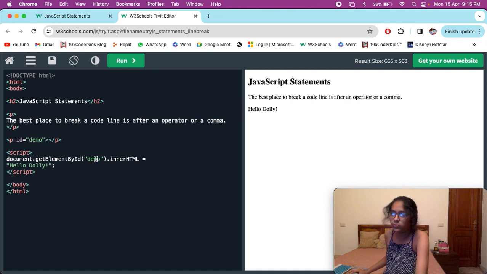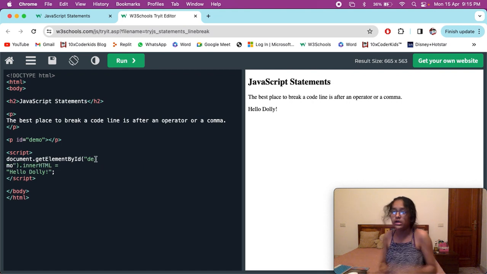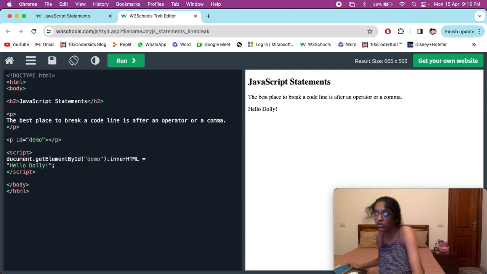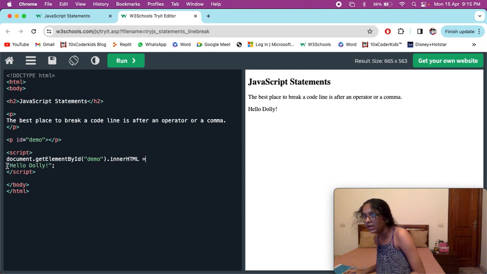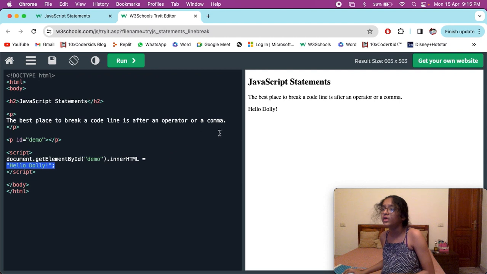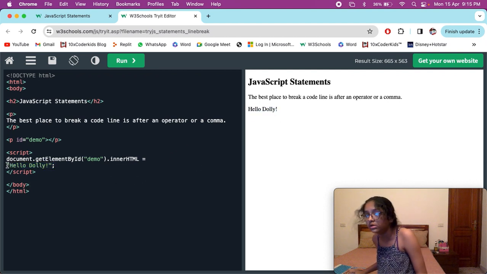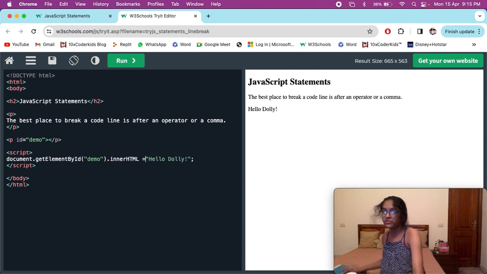Now, like here, there's no more space. I'll just press enter here. No, you're not supposed to do that. Your code is not going to work. Always, if you want to make more space, do it after an operator. After an operator, this person has just put an enter and it's working perfectly fine. So much better. Do you prefer this or would you prefer this? It's better like this.